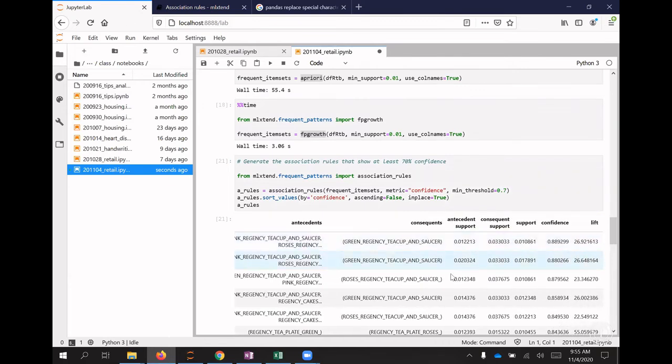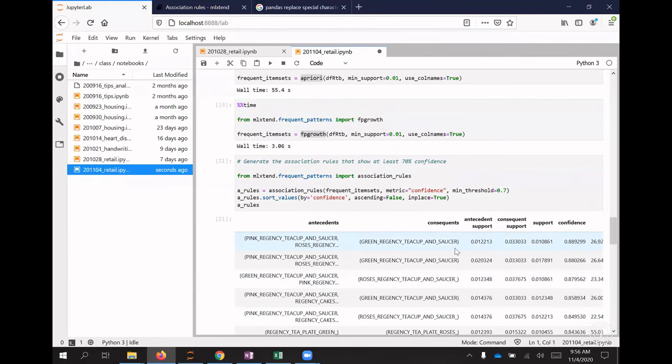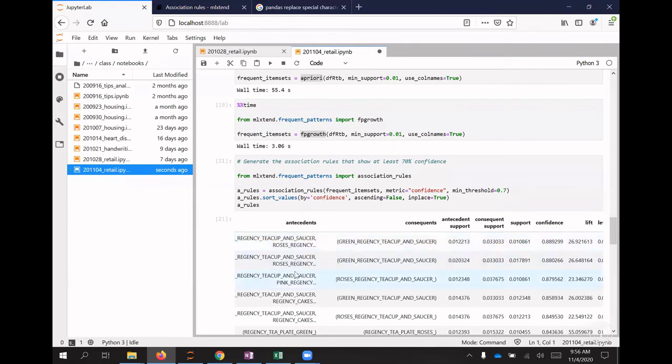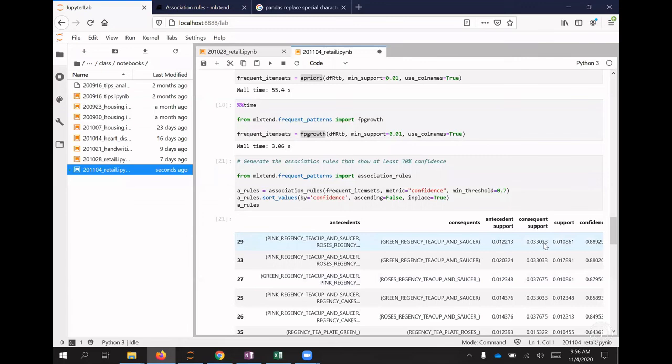So the highest confidence here is that when somebody purchases the pink teacup and saucer and this other item, Rose's Regency something, then there's an 89%, close to 90% confidence that they're also going to purchase the green teacup and saucer. And this combination of all three shows up a little over 1% of the time. Of course, there's lift and a few other metrics here, but that essentially gives us exactly